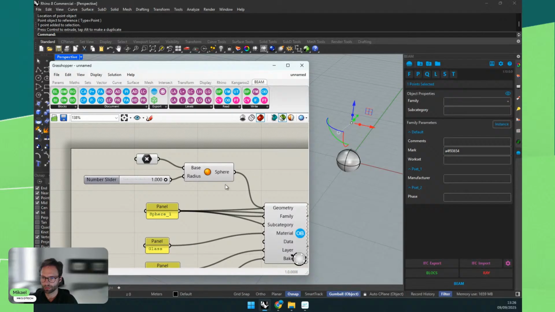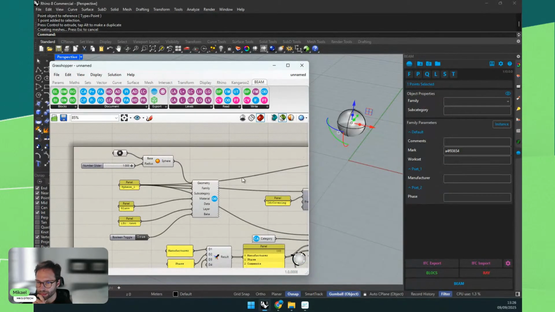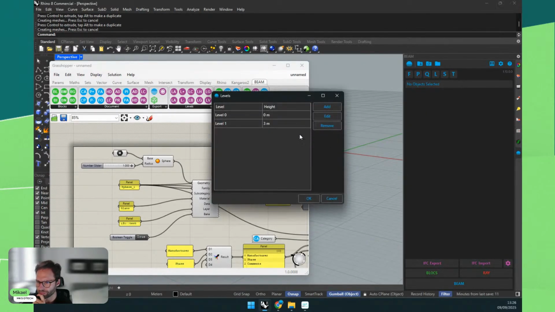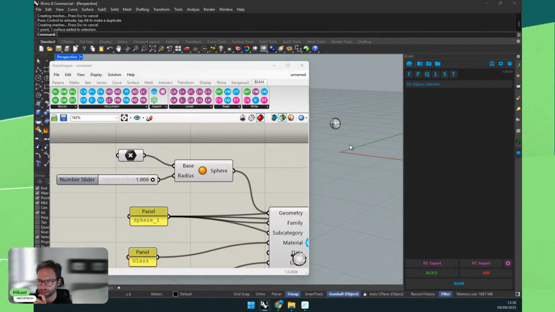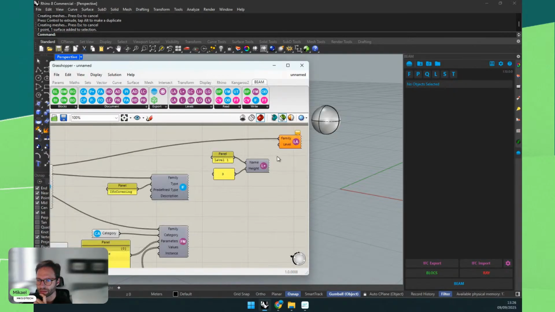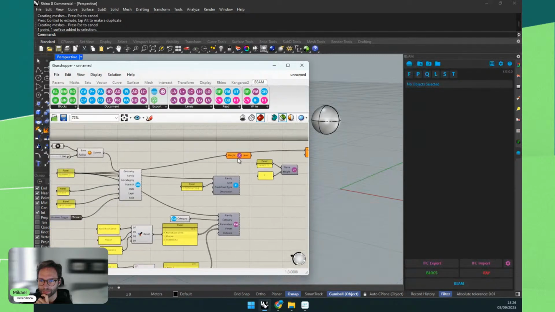Okay. So in theory, when I bake, as you can see, if I move the point, the sphere moves. Now I have two levels, at 0 and at 3 meters. Now for this point, I want to find what level it should go to. So I will go to levels and say get closest level by height.